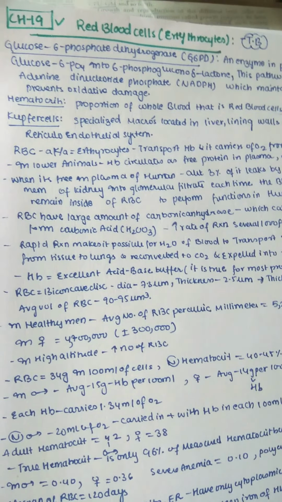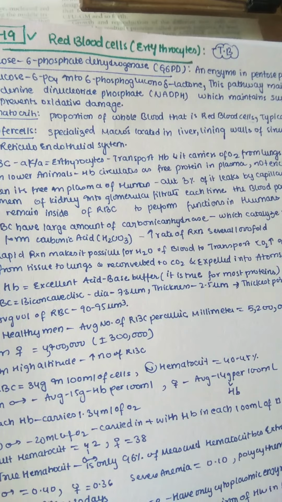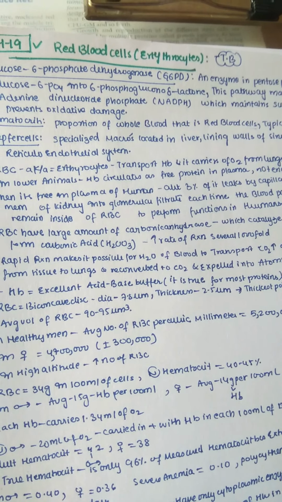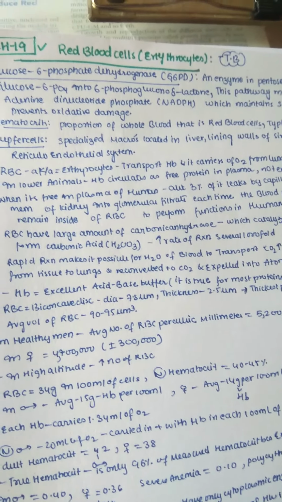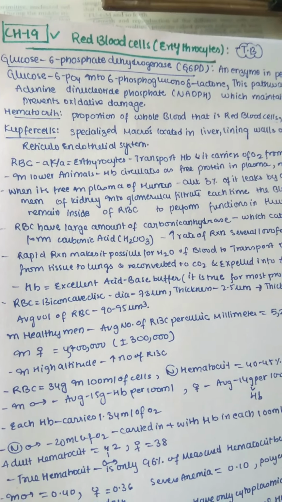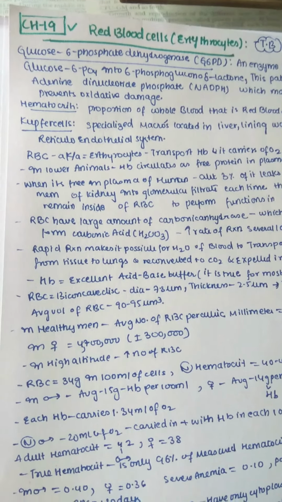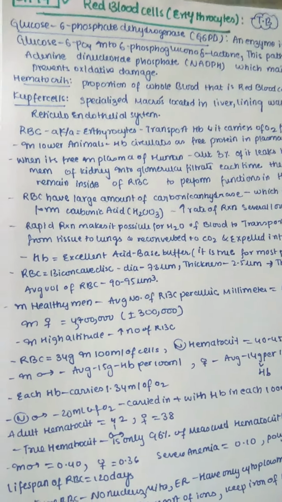In humans, because of the capillary membrane, it would easily pass into our interstitial fluid and fill up our extracellular fluid, and also sometimes in the glomerular filtrate it would come out as urine. So that is why in humans the hemoglobin should be in a packed form, but in lower animals it can even be a freely circulating protein in the plasma.